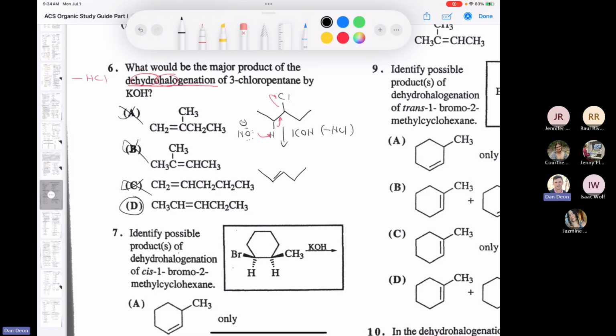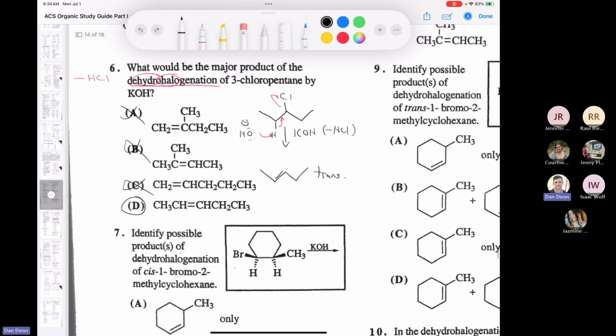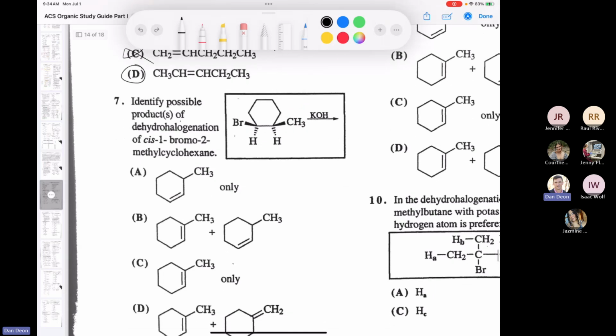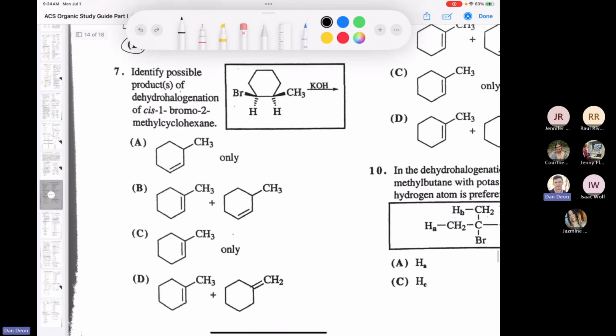Now, trans would be the major, but again, here it doesn't tell you whether it's cis or trans. So there you go. So just a dehydrohalogenation. I think that one's relatively straightforward. But I want to take a look at number 7 because I think it's a little more complicated, okay? And this isn't one of the ones that I had on the list, but I think it's a really good